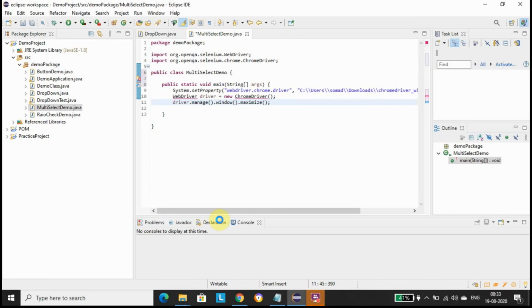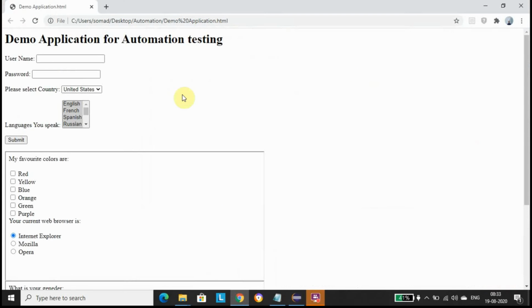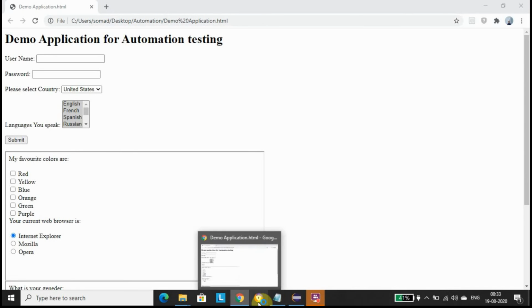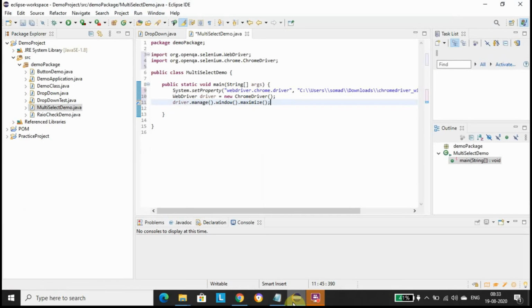Okay, so I am going to use this particular URL for our application, for our program. So driver.get